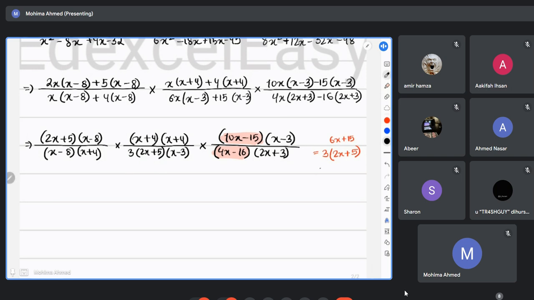And then again, after that, we have 4x minus 16. This is going to be what? If I take 4 common, it's going to be x minus 4. So from this part again, I will write 4 times x minus 4. And lastly, I have this 10x minus 15. In this part, I can take what? 5 common, right? The largest common factor is 5. So this one turns out to be 2x minus 3. So again, over here, I can write 2x minus 3 multiplied with 5.